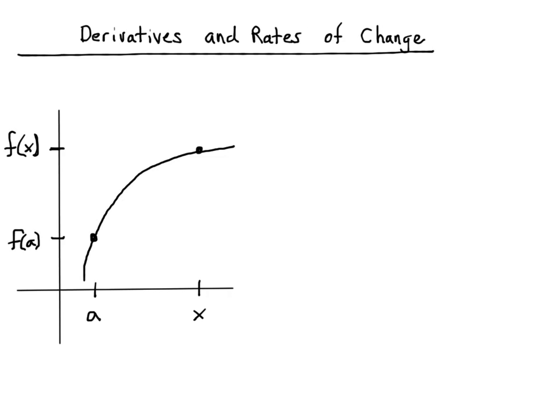a? So it's easy enough to compute f at a. That's just plugging in the number for our function. But how do we get the slope? And so the rate of change. So the way we're going to do this is we're going to take advantage of the notion of limits. All right. So we're going to set up a